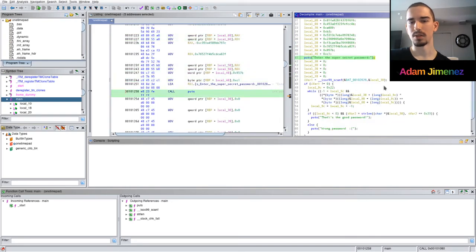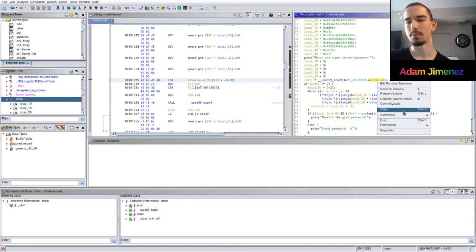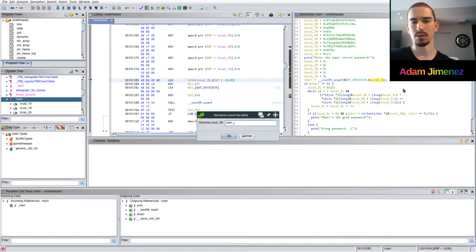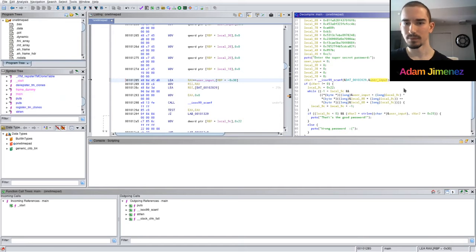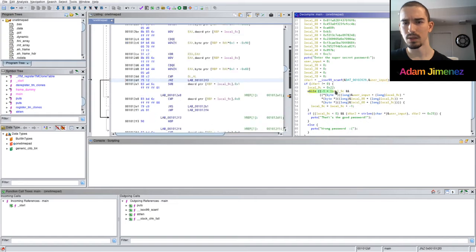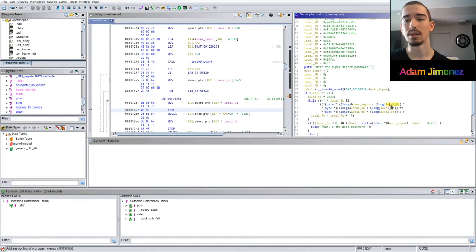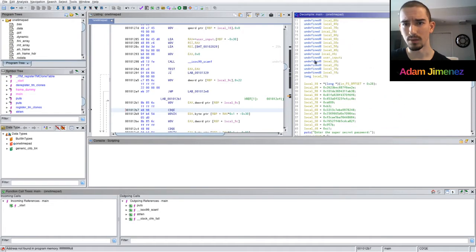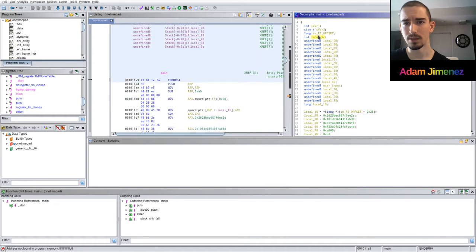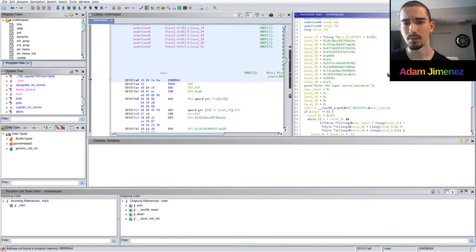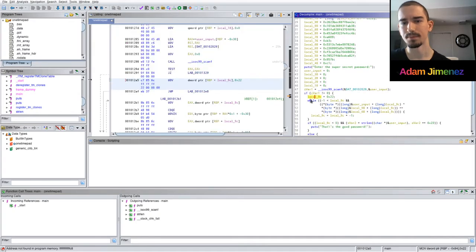So: enter super secret password. We read enter secret password, so this is the user input. Then we iterate over hex 22, and we check the user input plus local C9C, which is somewhere over here, maybe here? But it doesn't seem to be initialized. Oh, it's the index. So we add the index,